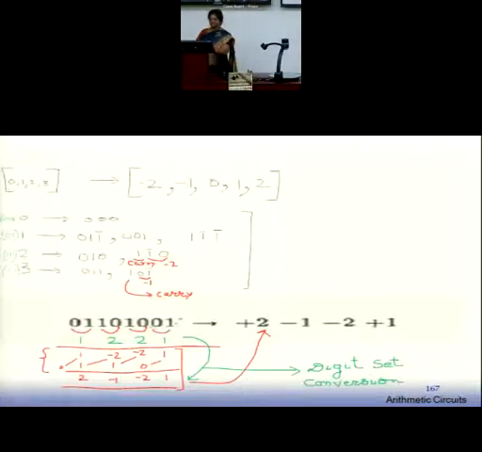Now you have to recode. Recode means bring it in this format. So when I bring it, 1 is written now as 0, 0, 1. So 0, 0, 1, 1 is the sum bit at this position, and 0 is a carry over, a stored carry to the next bit position. We all understand how we make conversions? Now this 2 is written as 4 minus 2.